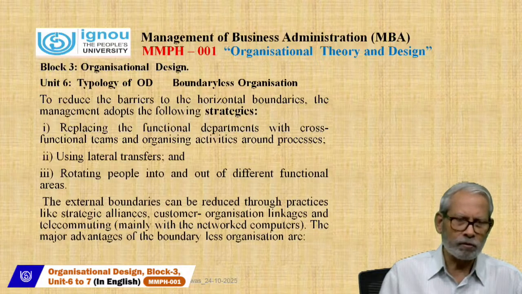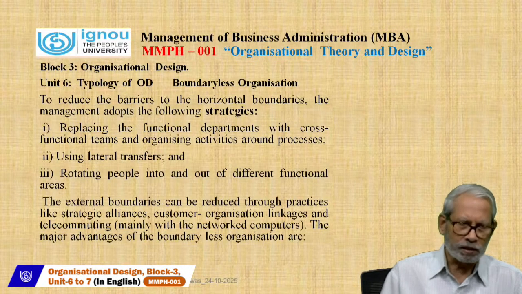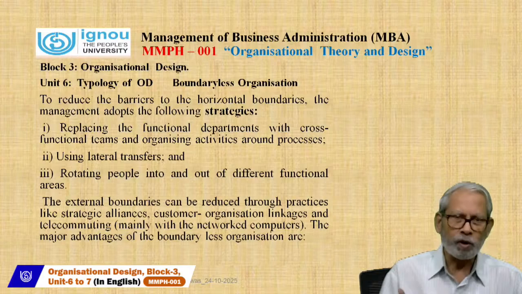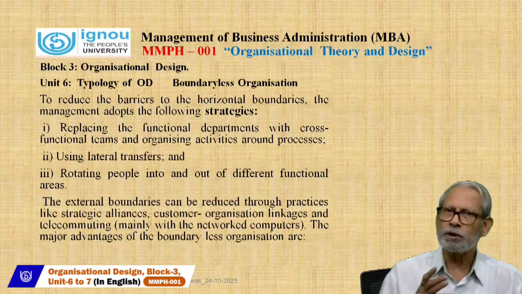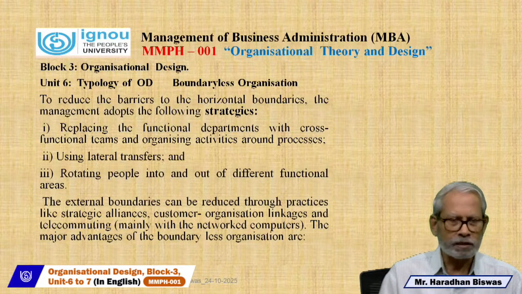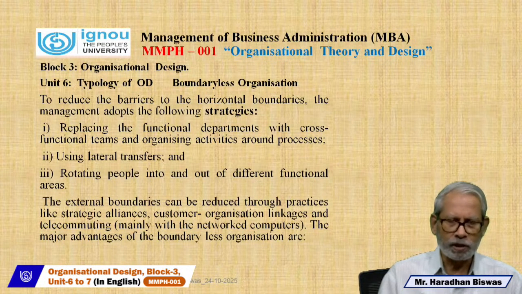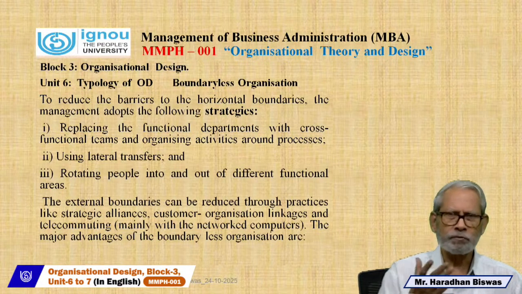Here actually using internal transfers and rotating the people into and out of the different functional areas. This is the way you can manage it, whatever you can finish up, all the activities. External boundaries can be reduced through some practices, and some strategic alliances, through some customer or organization linkages, and telecommunicating. So mainly with the network computers, the major advantage of the boundaryless organizations is this, for the Amazon,